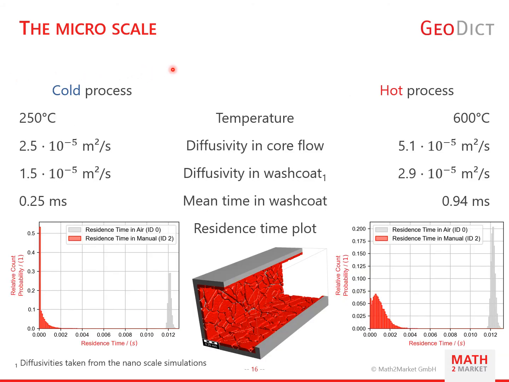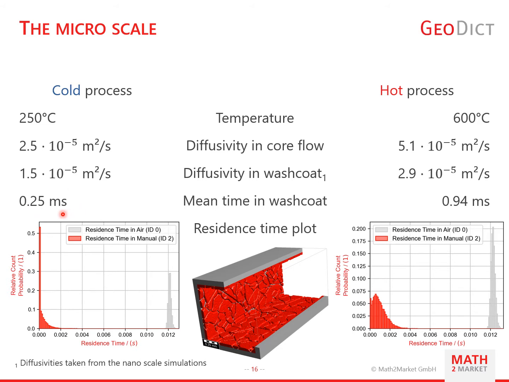So here we have our results of the microscale simulation. Again, we have a cold and a hot process here for comparison, and we simply take the diffusivity in the core flow from the literature for these different temperatures, and the diffusivity for the Washcoat. These are values that we have got from our nanoscale simulation. So we take all these diffusivity values, plug them into our GeoDict simulation,